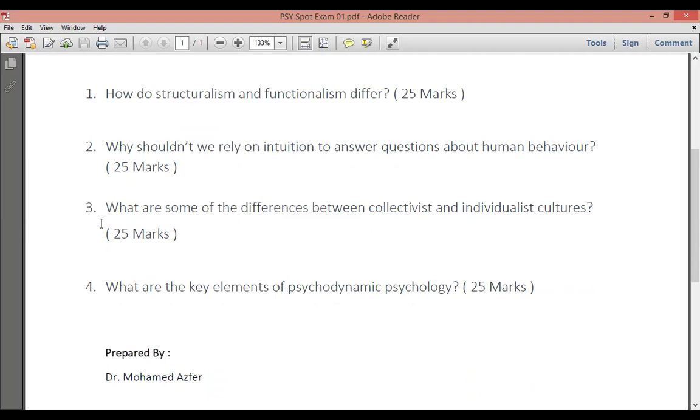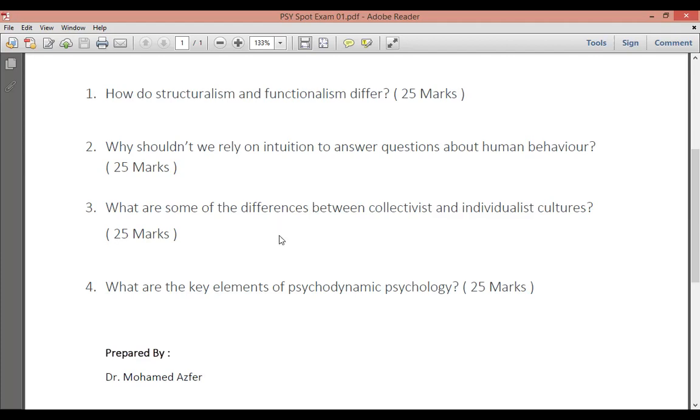So in the future, when you are getting these spot examinations, always remember that you have to follow the steps which I told you. First is prioritize your questions. Second is answer the simplest question. You don't need to answer all the questions in order 1, 2, 3, 4. You can answer anything randomly. You can select and answer whatever easy questions you have. First you answer the easy questions, next you answer the questions that carry more marks. That is how you go step by step.